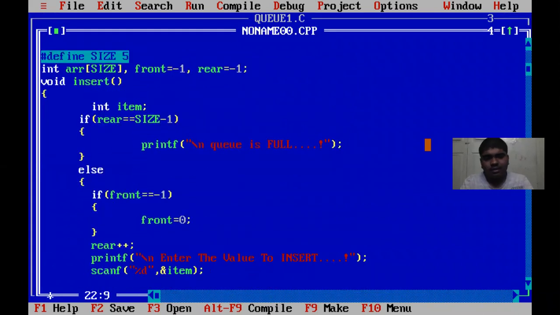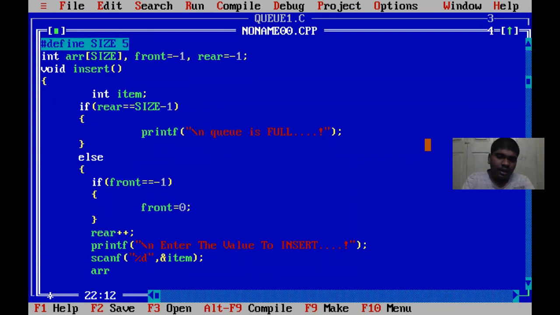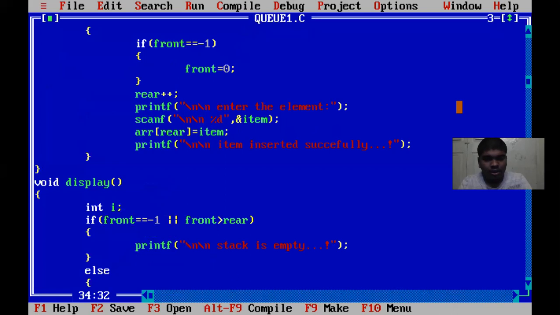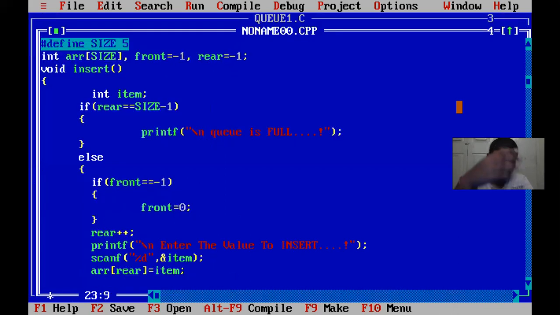If we need to insert that value in array of rear, as I had said before, if we use this insert function, we need to use this rear thing. And if we need to delete that, we need to use that front thing, as I said before. So array of rear equal to item. Here, I have declared the value of item into array of rear, as array of rear is starting from 0 to 5. So it will increase the value, and the number of times we call, that many times it will